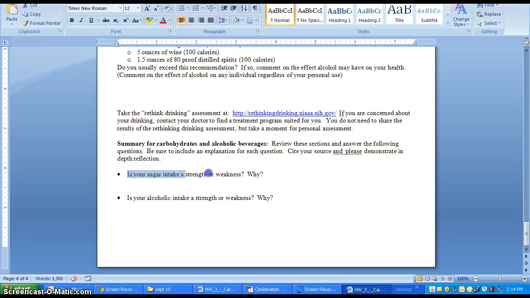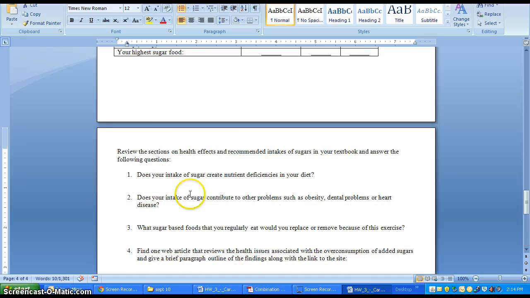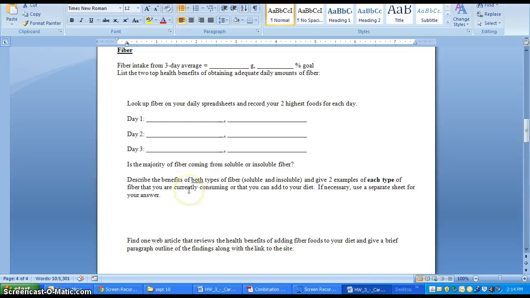Finally, one overarching question: is your sugar intake a strength or weakness? Is your alcohol intake a strength or weakness? All can be written into this document, save as a PDF, image file, or you could even save this as a Word document. And then when you go back into the homework site on Blackboard,